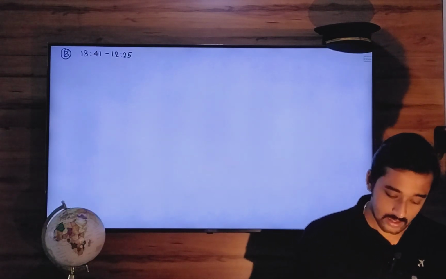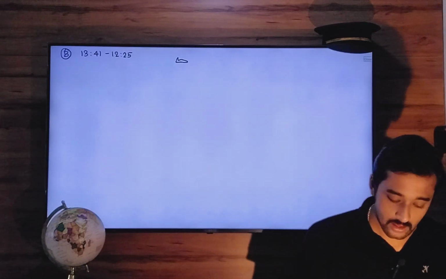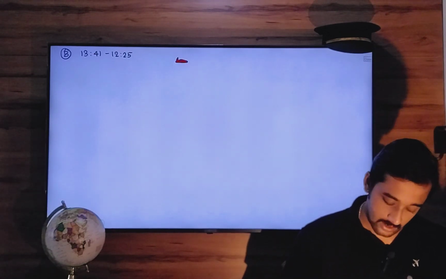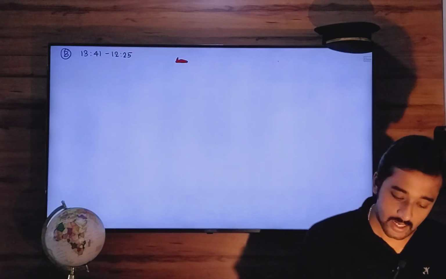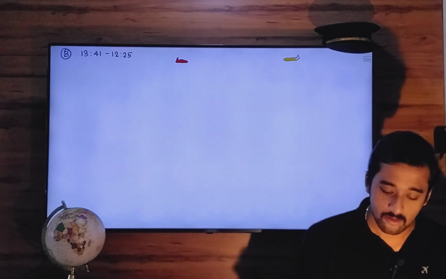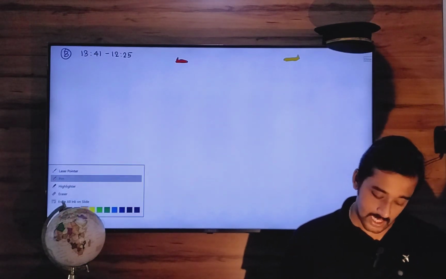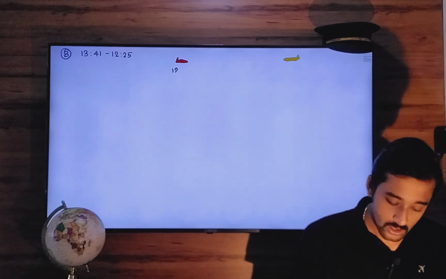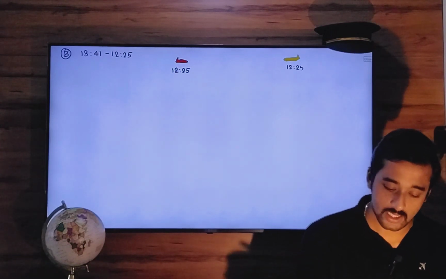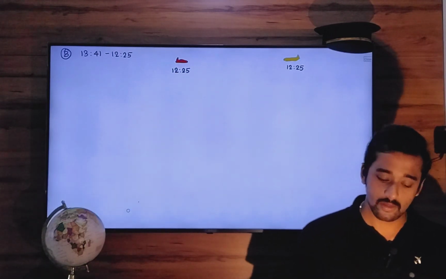So we are going to again draw the same diagram. There is this aircraft number 1. There is another aircraft directly in front of it. Now both are going to start flying at the same time, 12 hours 25 minutes. This distance between them